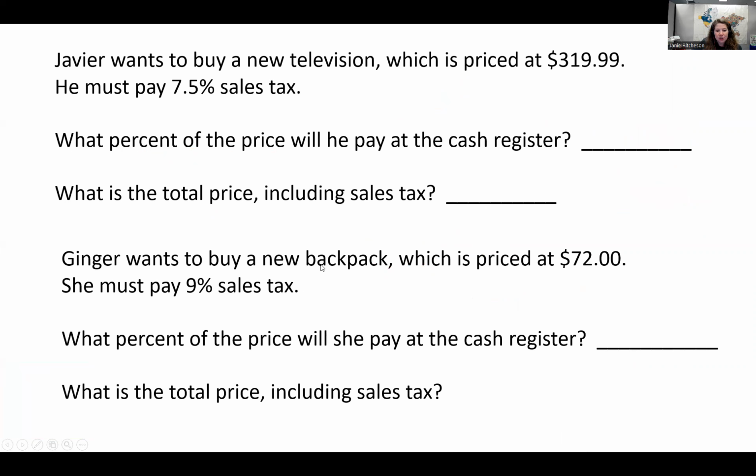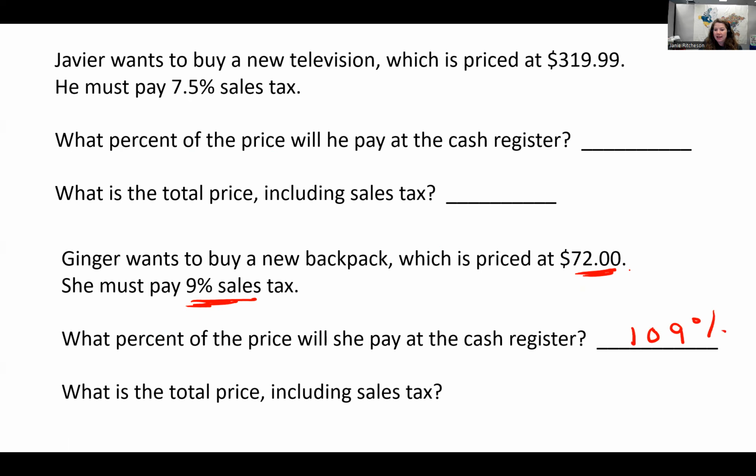Ginger wants to buy a new book bag, which is priced at $72. She must pay 9% sales tax. So different counties have different tax percents. What percent of this price will she pay? Well, she'll pay 100% of this price plus 9% sales tax. So she will pay